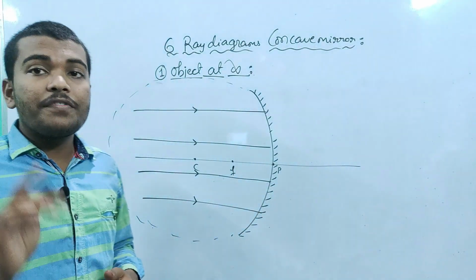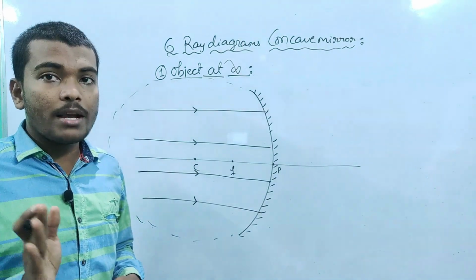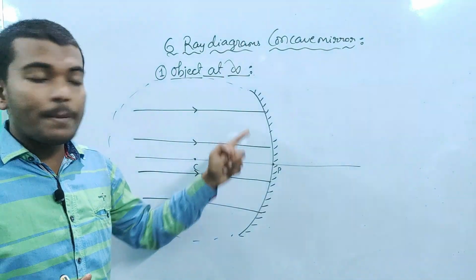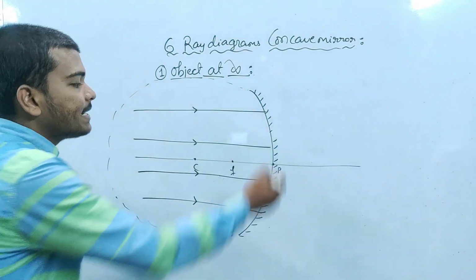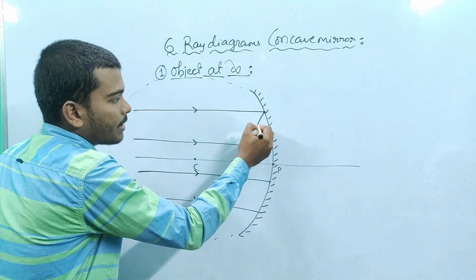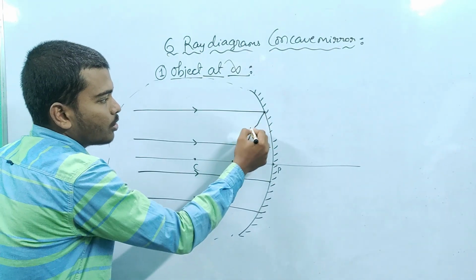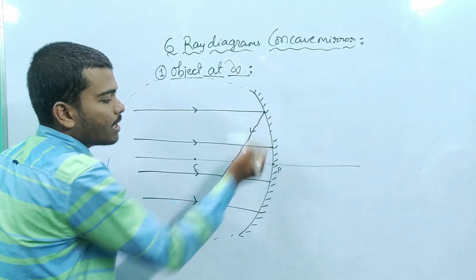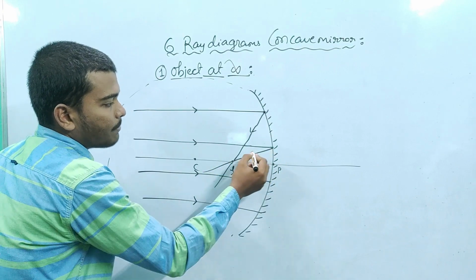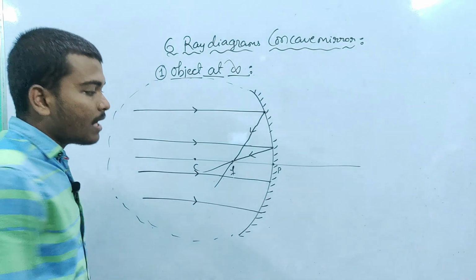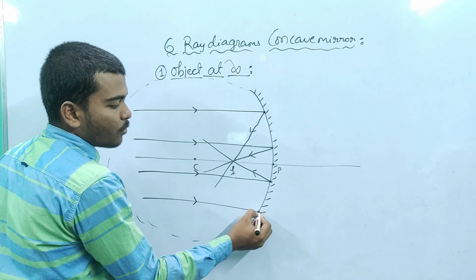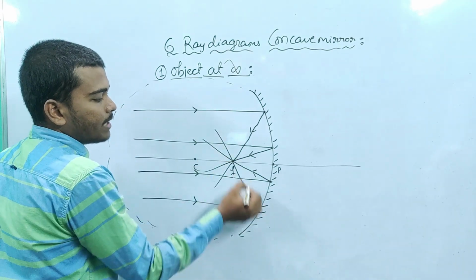So as you know, the first and foremost rule we have come across is any beam of light which falls parallel to the principal axis onto the surface of the mirror gets reflected back. Because it's a converging mirror, it actually gets crossed through the focus of the mirror. This is the first point of strike, and it made the light pass through F. Then this is the second point of strike, that has also made the light pass through F. This is the third point of strike, and this has also made the same. This is the fourth point of strike, and this has also made the light move through the focus.